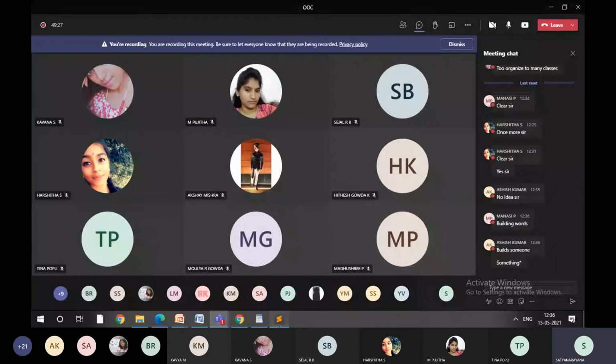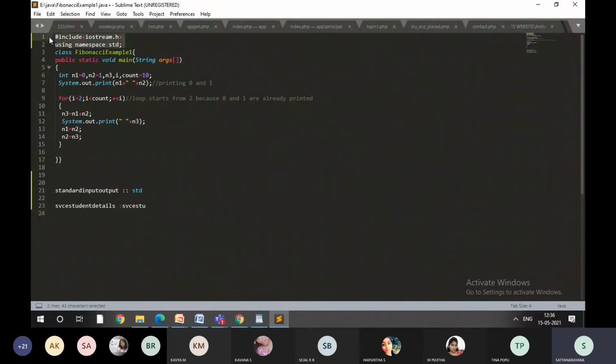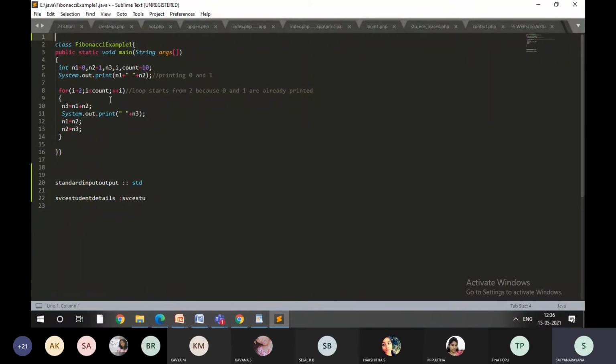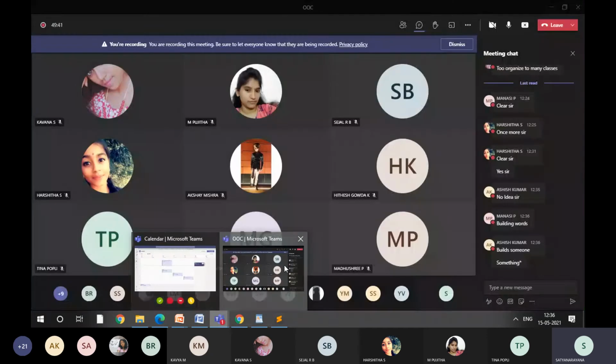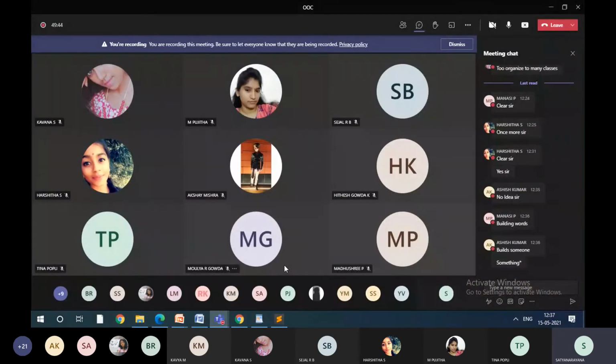Let me just go here. I have written some program. When I execute this program, of course, the compiler is there to compile. But who is going to inform the compiler, hey, there is a program, someone is trying to compile it, you go and compile it? Who will inform that? There should be someone, right? Once someone informs, if there is any error, who will inform us back? What is the compiler's work? To compile it and see whether there is any error. If there is any error, it will say there is an error, but who is going to bring that back from the compiler? That is where your constructor will come into the picture.